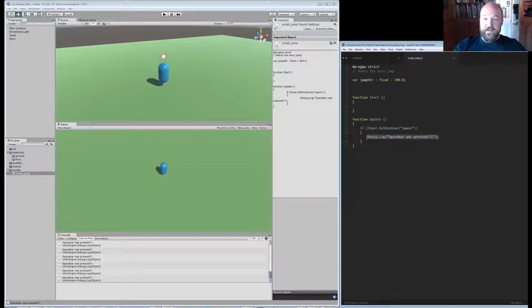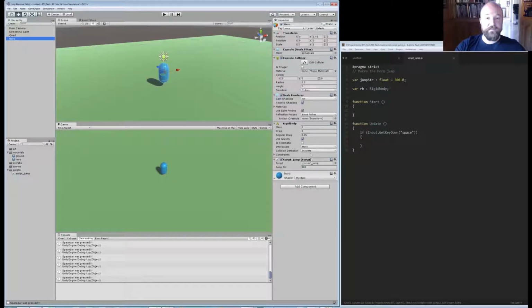So now that we know that spacebar is being pressed correctly, let's instead affect the rigidbody. So here's what I'm gonna do: create a variable for the rigidbody on this character. I'm just gonna do var rb, of the type Rigidbody. What this means is it's looking for a Rigidbody type. So if I hit save real fast and select my hero, and I look at my script, all of a sudden it's going to update, and it's going to say RB,